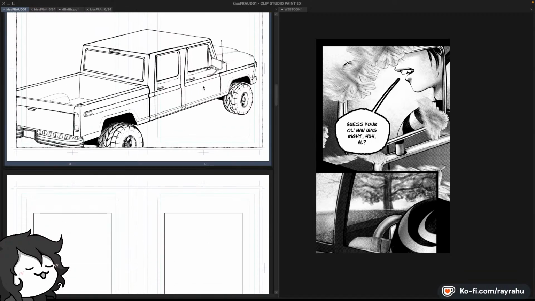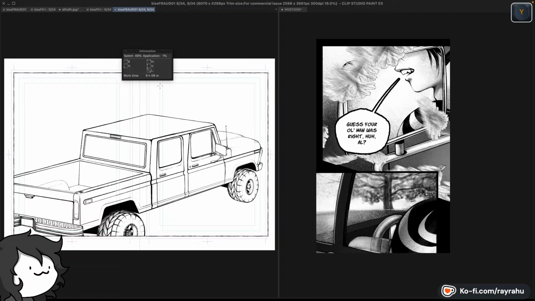This one, let's see how long I spent. It's a double page spread, so it's going to take quite a bit. But let's see how much I spent so far. 9 hours, that's a lot. Yeah, that's slow, but